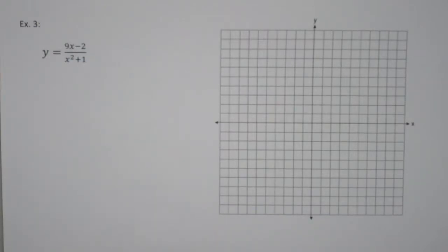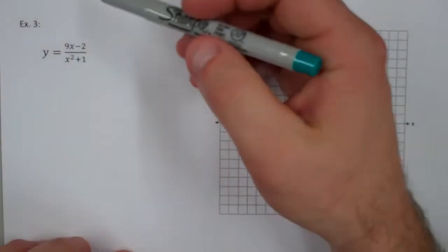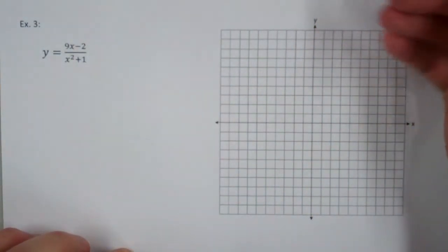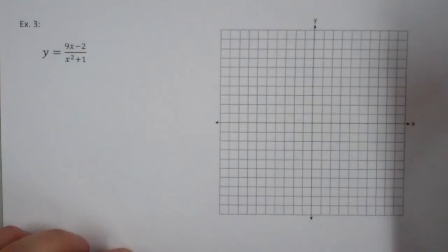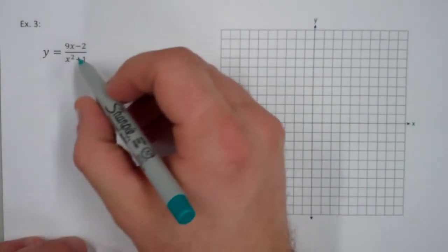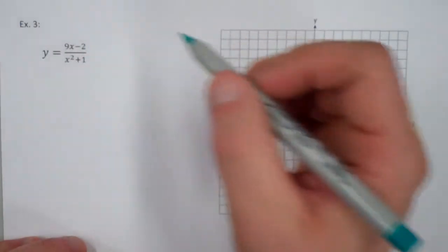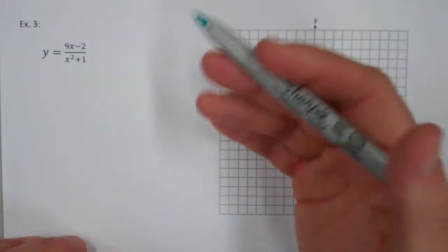Example 3 is a nice and interesting problem. Example 3, we want to try to graph this. So we're going to try to find the vertical asymptote, the horizontal asymptote, any x or y intercepts as well. So we're going to try to factor this numerator and denominator, but notice that you can't factor the numerator or